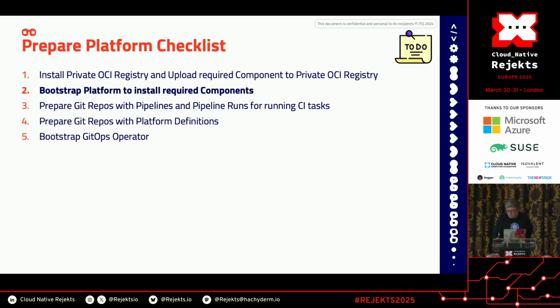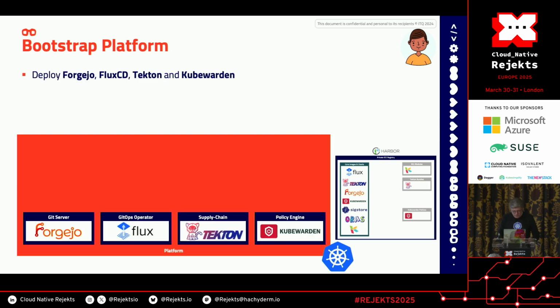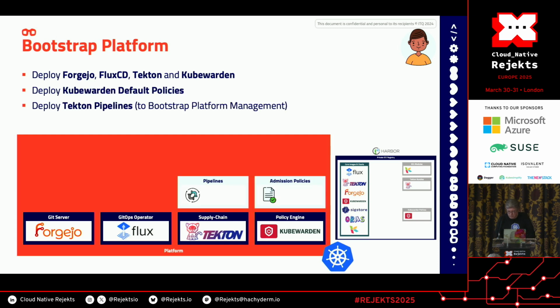So now we have all the basic core components for the platform. So let's bootstrap the platform and install the required components. You still have here the registry in a smaller view. But here we deploy all the components in the platform, then deploy everything we require for the pipeline and the policy admission controller plus the KCL runtime that comes from everything we already pushed on the OCI registry.